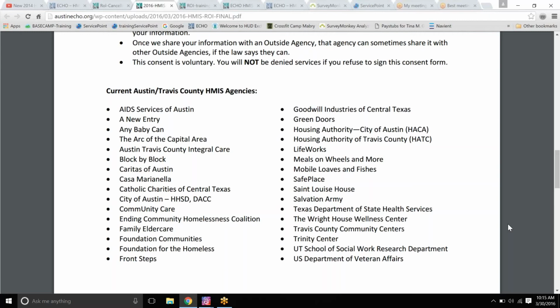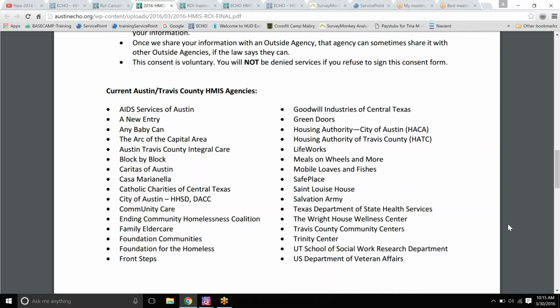The VA was an integral part of our Ending Veterans Homelessness initiative, and now they are officially in Service Point, which is really exciting. We've been working with them for years to get them involved in Service Point, and we're actually one of the first COCs in the nation to work with the Veteran Affairs the way that we're working with them and getting them into Service Point. So it's a really big deal. We're really excited about that.